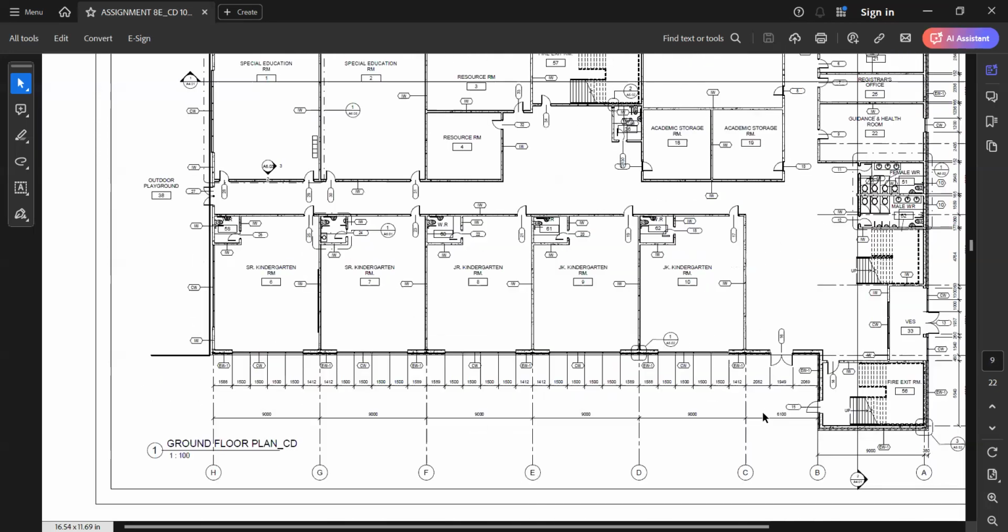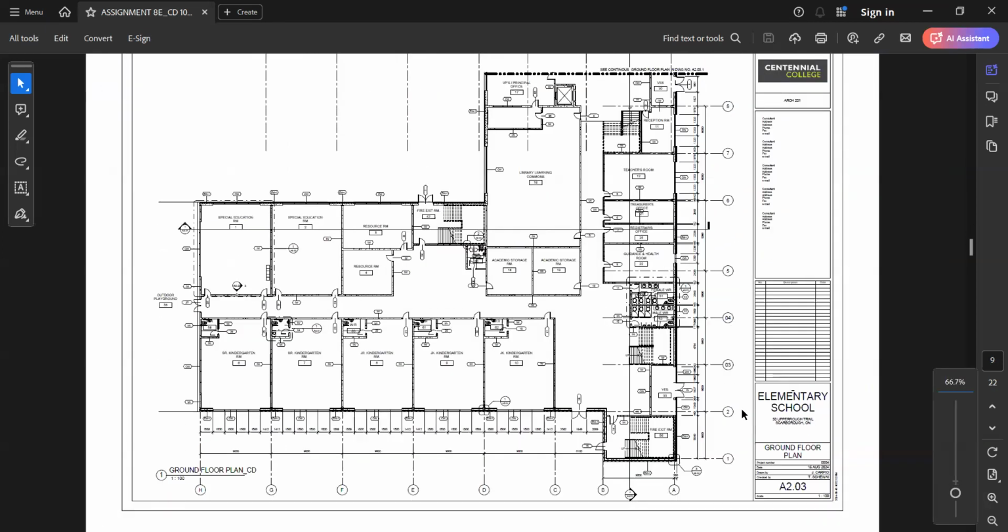Going to the first floor plan, or the ground floor. For my ground floor plan, I categorize the spaces based on their relation and activities. Since the kindergarten needs a separate access to the main entrance of the building, I managed to locate them in the most daylight-accessible part of the building and give a more inclusive experience, with no other department or higher-up students passing by. So this is the part of the kindergarten, and I managed to have a separate entrance for them to be able to access their side of the building.